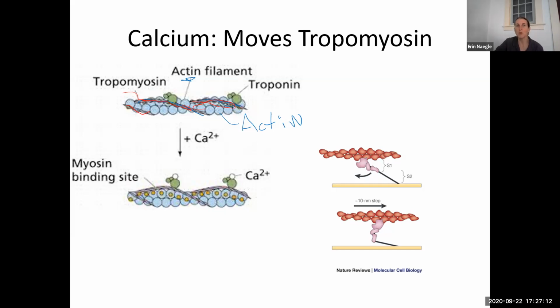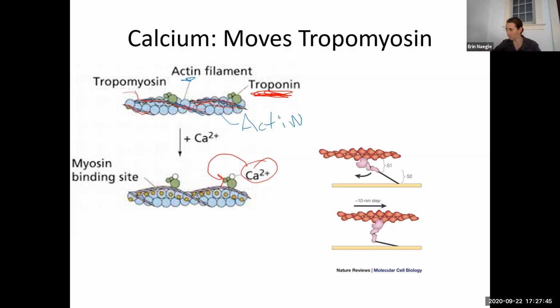So something has to move tropomyosin out of the way. You ready for it? Here comes the calcium. So the calcium is going to bind. Okay, so calcium binds to this protein called troponin. Super cool. So calcium binds to troponin, and then troponin has this little system on it that totally moves